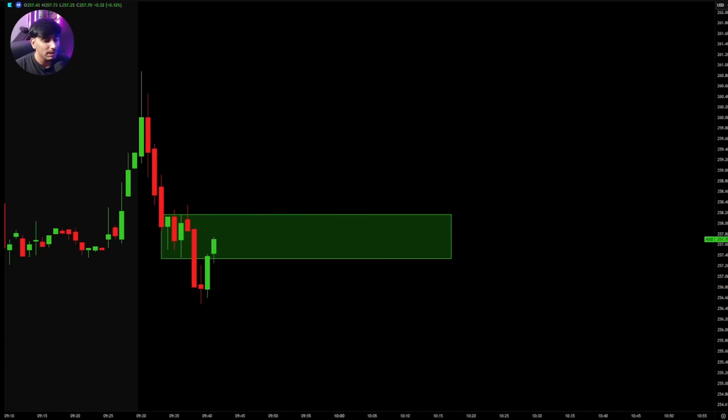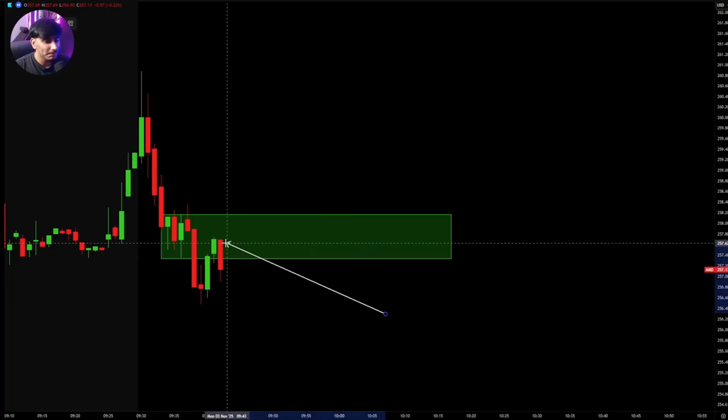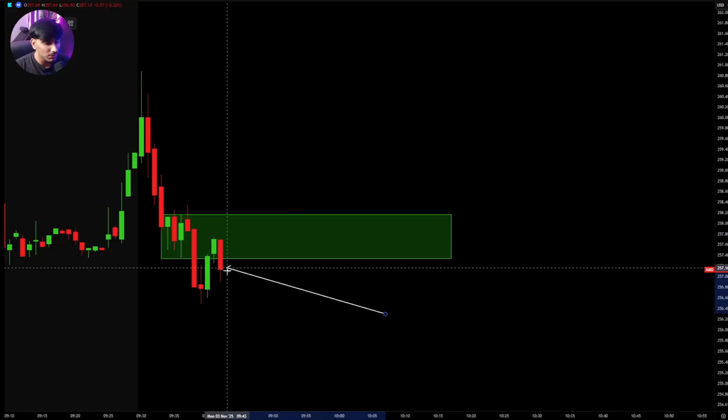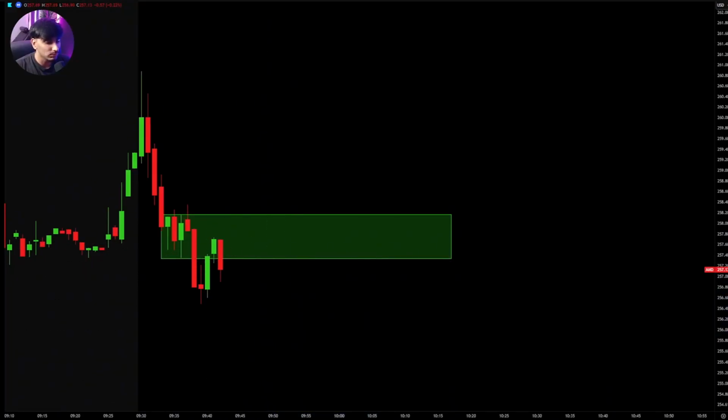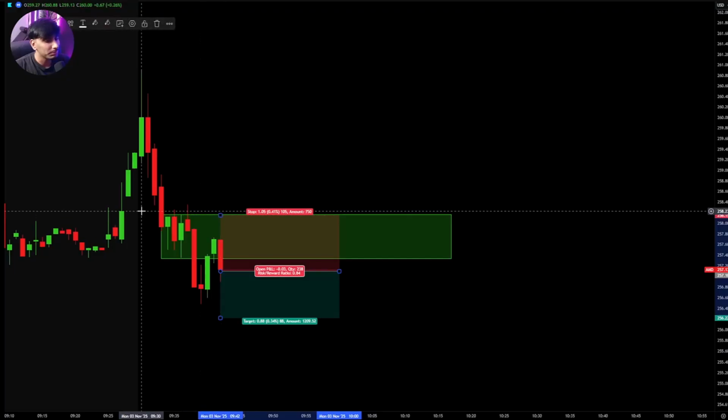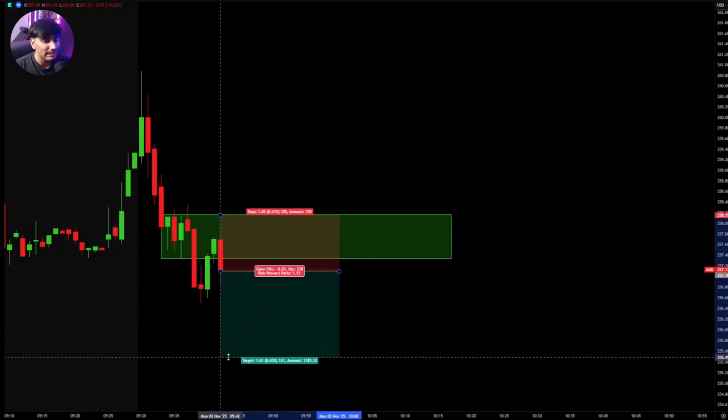If you don't know how to read price action, I have a full in-depth course going over how to read price action in the playlist in the description. But as you can see here, we came back into this area and now this candle is showing bearish price action because we're closing back below the one candle rule. Our stop loss once again is just a break of that one candle rule, and we need at least a